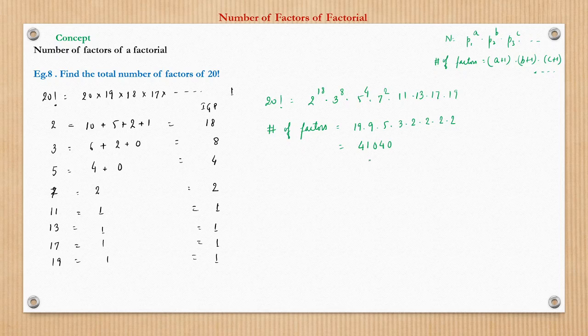So many factors exist, including 1, 2, 3, 4, 5, 6. So total number of factors is nothing but this. So this is the way we calculate the number of factors. So the idea was not just to find the number of factors, but also learn the process of how to prime factorize and write this in a form of powers raised to different prime numbers. So that we have learned.